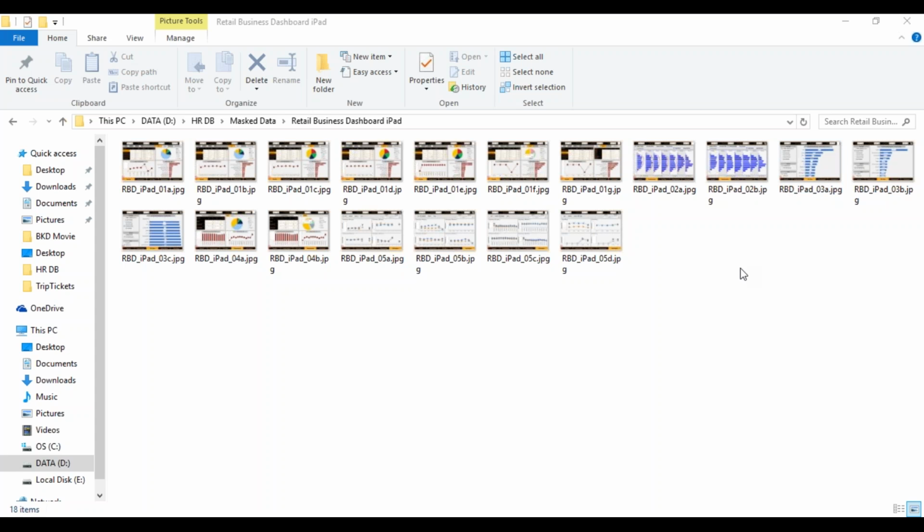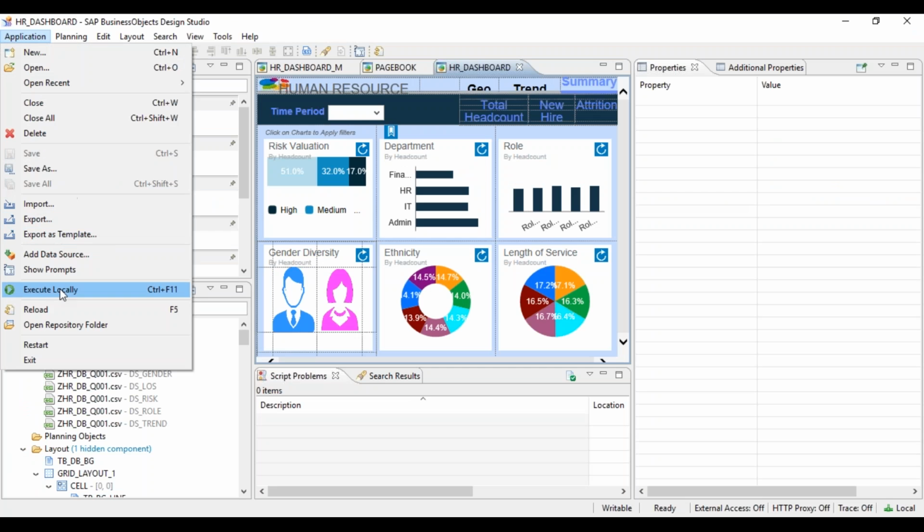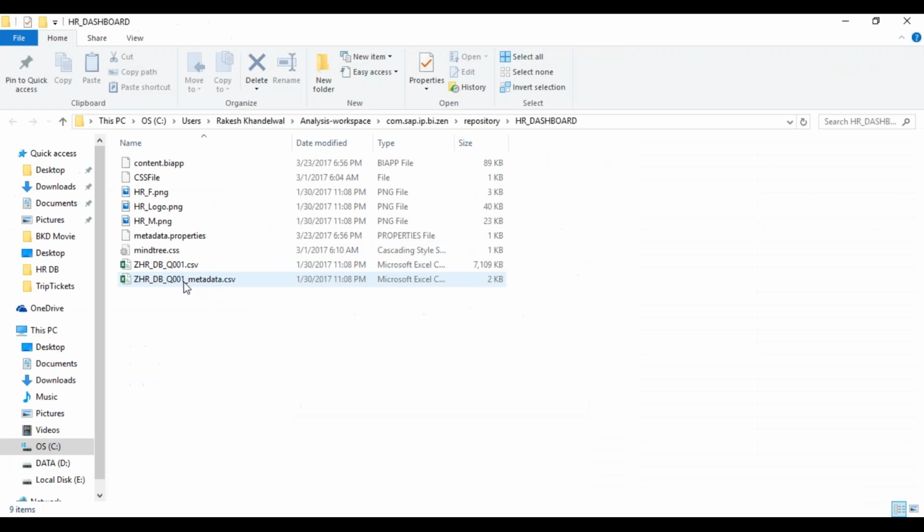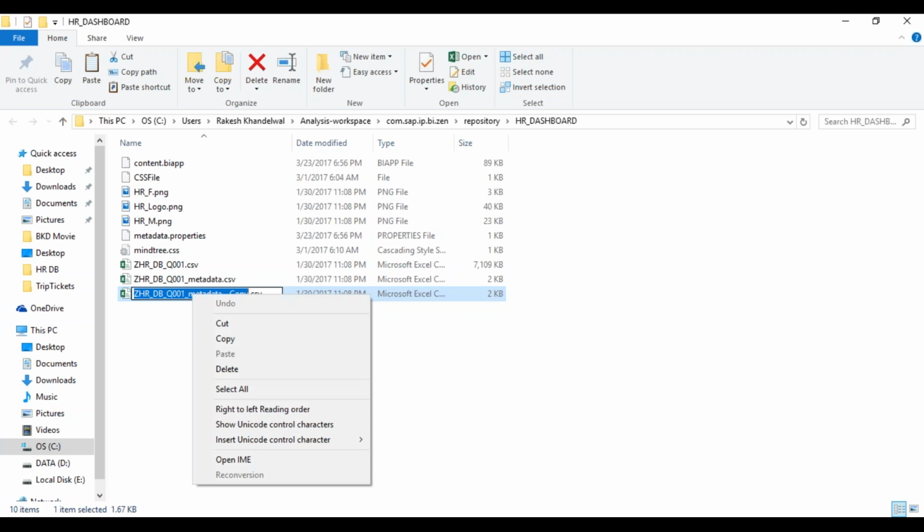Sorry, metadata file. Regarding the metadata file, when I'm creating that metadata file, can you just help us with the syntax of it? Just help us like where we have to be careful, and then what specific syntax is there, so that I can create it from a CSV. Okay, so see, I have shared that metadata file, right? You always take that file as a reference file for you. Whenever you want to create a new metadata file, you take that file as a reference. So you just create a copy of it always, and then start working on that file,